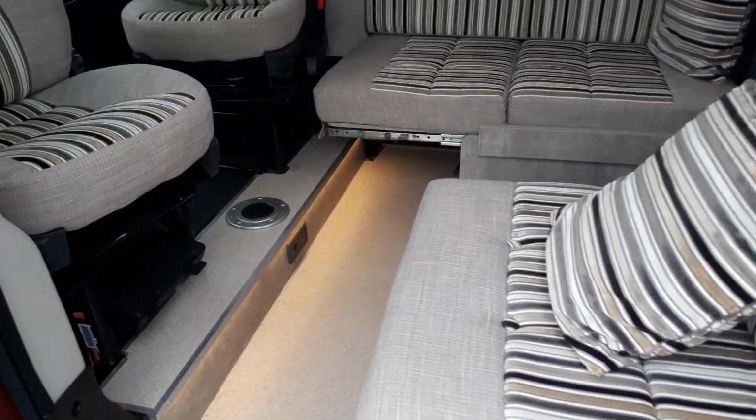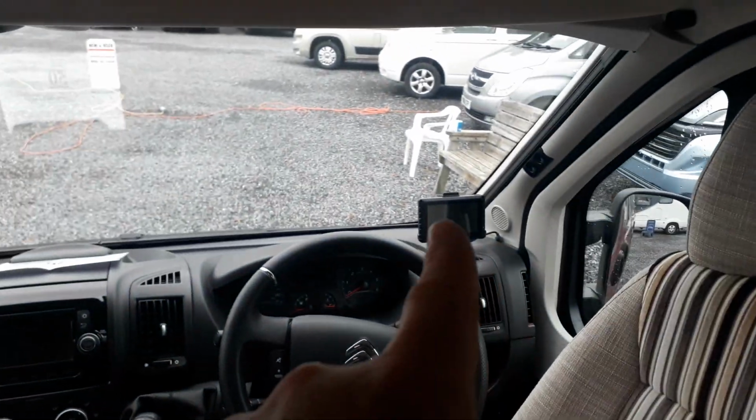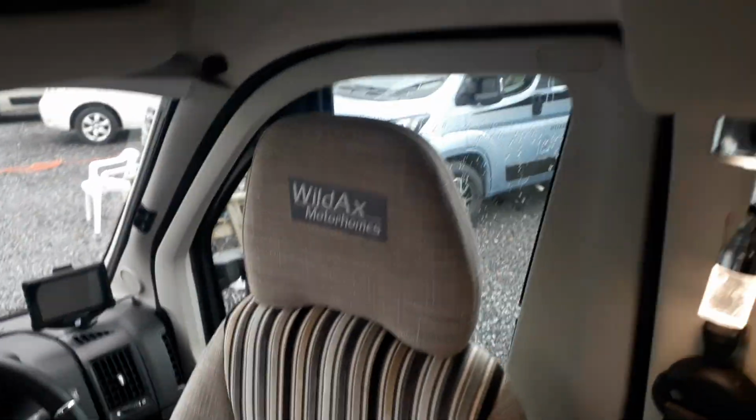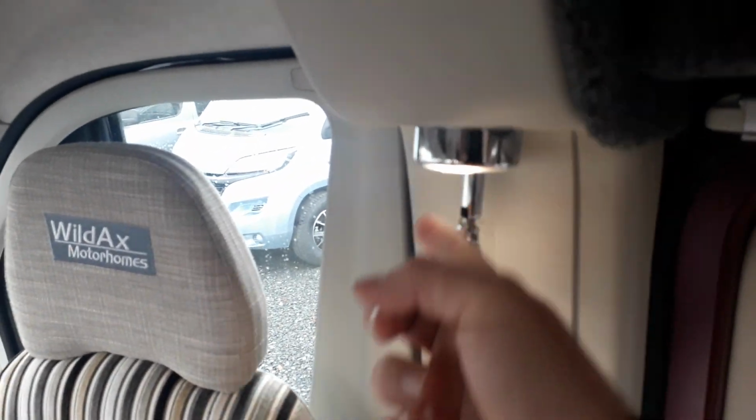Now coming into the cab, we've got twin swivel cab seats, we've got your sat-nav reversing camera monitor there, we've got full Remis cab blinds as standard, we've got these very smart little night light 2 position lights,